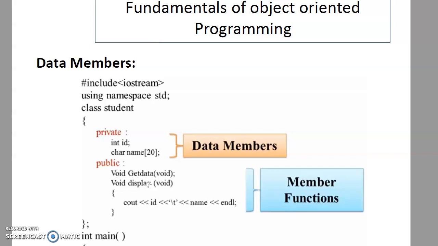Variables have the access specifier private, so they will not be accessible to the outside world. This is providing security, that is data hiding. Whereas methods are given public, so they can be accessed from the outside world. This is how a class can be declared with data members and member functions.